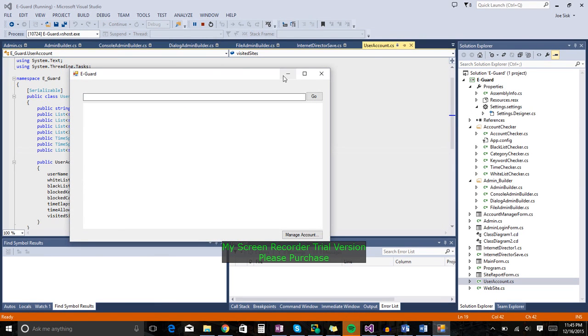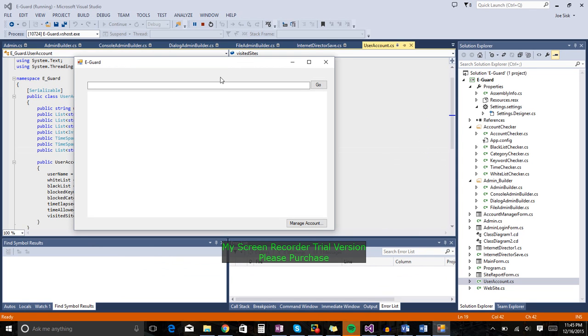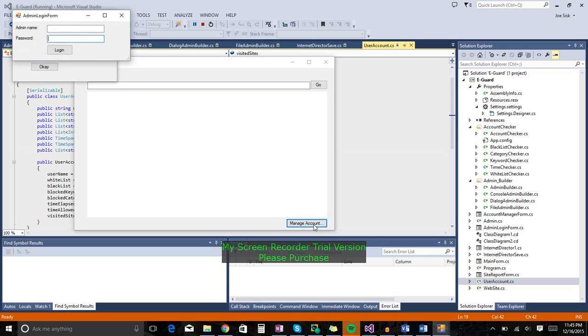This software is implemented in C# as a Windows Forms object. So this is the interface, this is a web browser object, and this is the URL bar. When the go button is pressed, the URL in this bar will be checked using those checkers. This is the manage account. Now when we click this manage account button, it'll check the account object, and if it doesn't exist, it'll use the